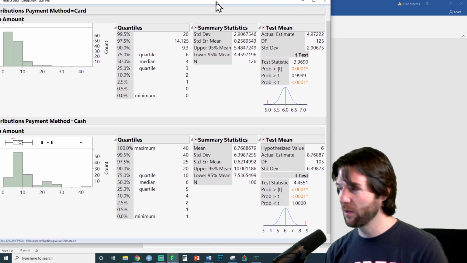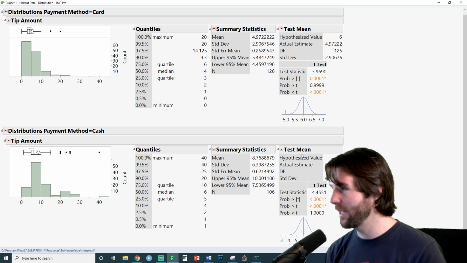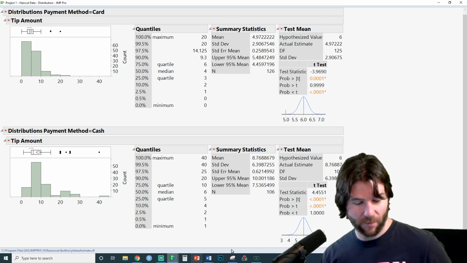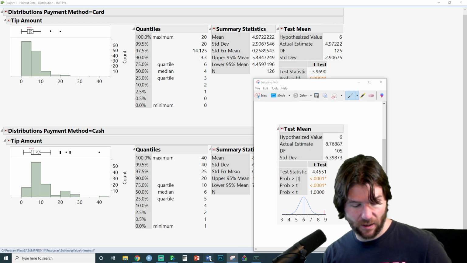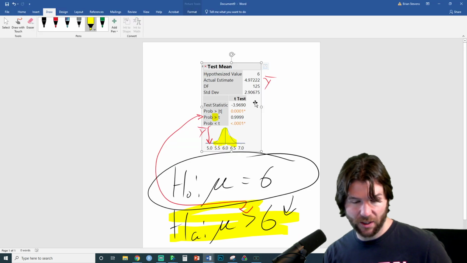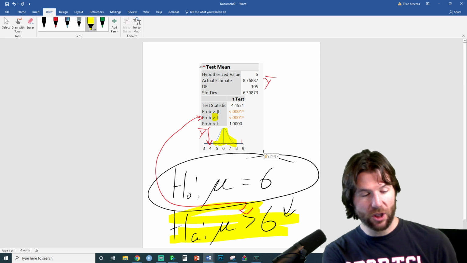And if you notice here, this time I'm testing the mean of cash. So if you notice, the mean for cash is actually, let me grab it all. So here's the statistical test. I'm going to put it on the screen. And we're going to change up what we just did. This is very similar to your project. So if you notice here, I have to change this graphic a little bit.